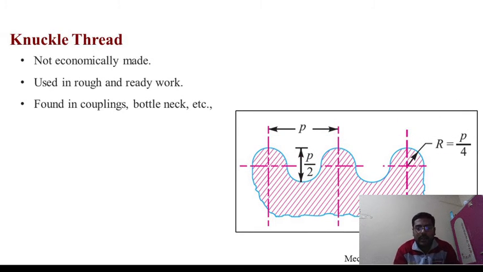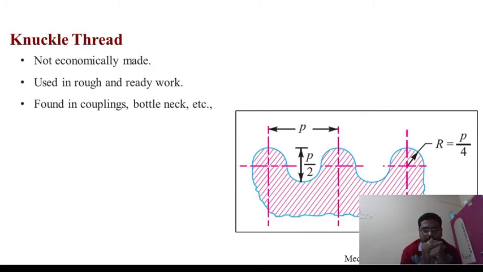Knuckle thread. So observe here, what does knuckle mean? Knuckle means the surface is round shaped, rounded at the periphery. Observe the pitch here. The surface is parabolic shaped, and R is equal to P divided by 2, P divided by 4. So the construction of the thread is totally different compared to the V thread, Acme thread and square thread, with a parabolic or different curved surface.